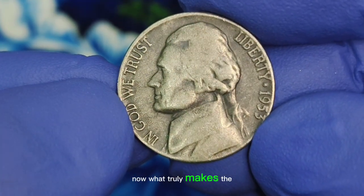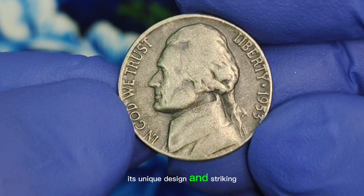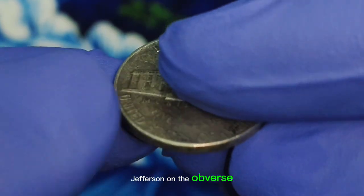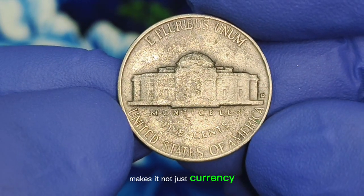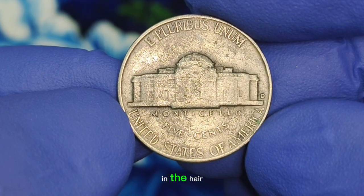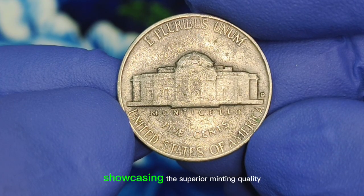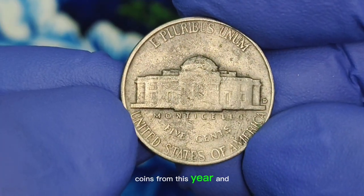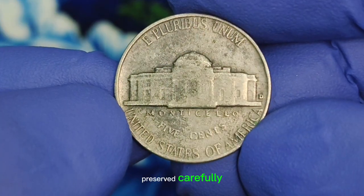Now, what truly makes the 1953 D Jefferson nickel a standout is its unique design and striking features. The strong, detailed portrait of Jefferson on the obverse, combined with the beautifully designed Monticello building on the reverse, makes it not just currency, but a miniature piece of American art. In fine condition, the details in the hair, the steps of Monticello, and the sharpness of the inscription still shine, showcasing the superior minting quality and craftsmanship of the Denver Mint. Coins from this year and mint mark often show well-centered strikes and smooth, appealing surfaces when preserved carefully, making them